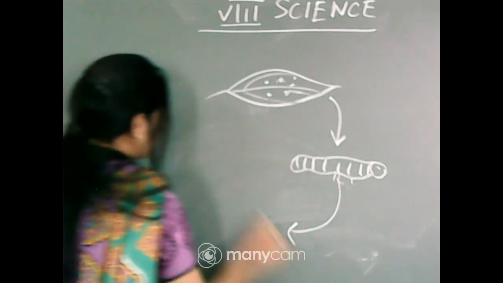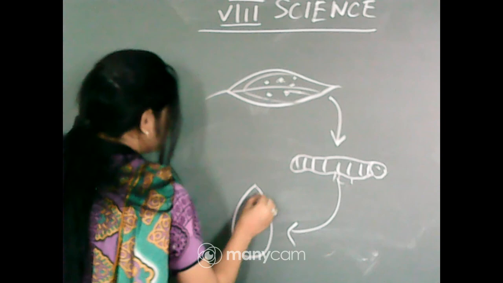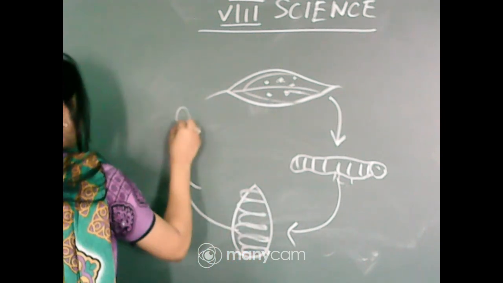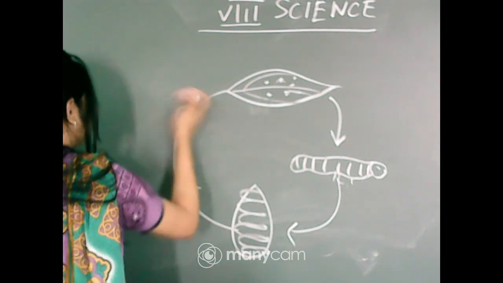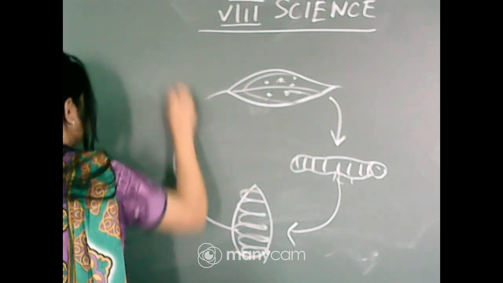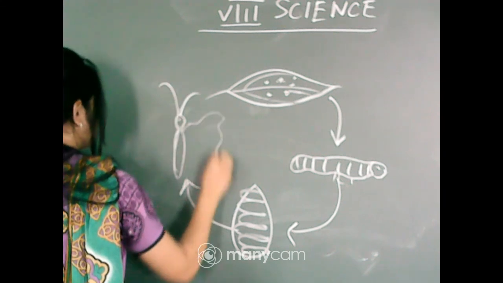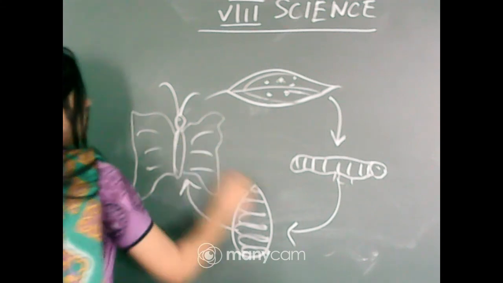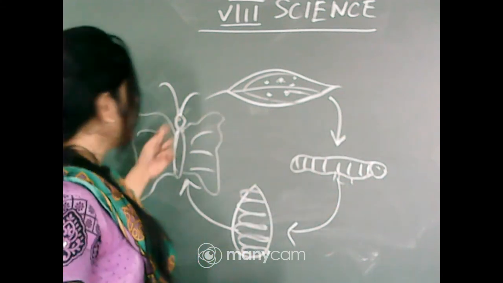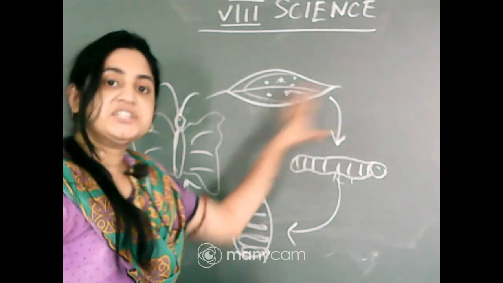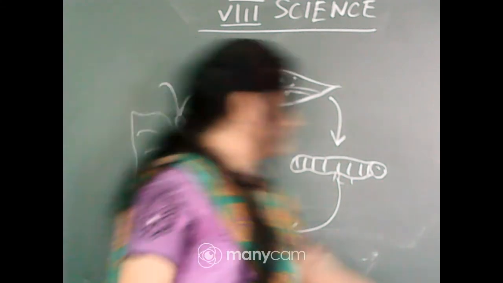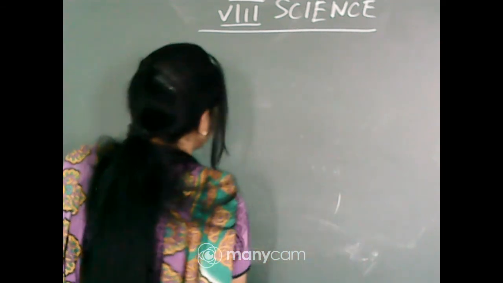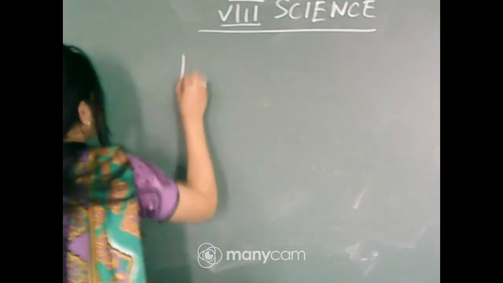And then they develop into the pupa in the cocoon, and then it develops into a butterfly. So, this is the stage. So, the larval stage is totally different from the adult stage. Okay? So, this process is called metamorphosis. So, the reproduction process in the frog or the development process in the butterfly and the frog is called metamorphosis. So, what is metamorphosis?